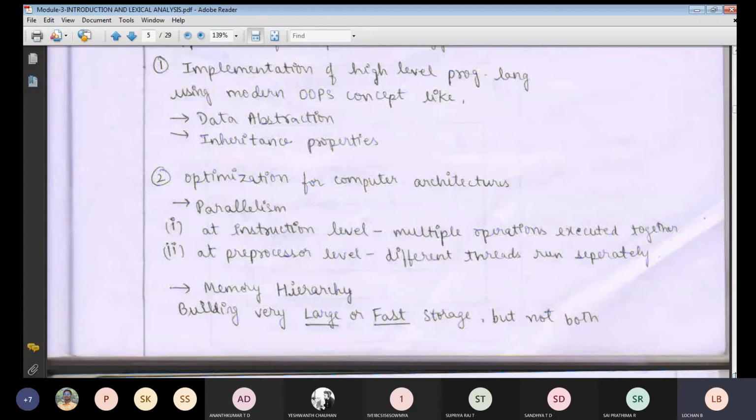Next is at the preprocessor level, where we will be checking with respect to the different threads. We will check how fast we execute the operations. For example, if I want to give a real-time example, many times I have given this in your lab exam. Three batches have to wait: one batch performs at 9 o'clock, one at 11 o'clock, and one at 2 o'clock. If we take three separate rooms and conduct your lab IA in parallel, one batch conducts at 9 o'clock, and the other two batches also execute in the other two classes, so that time will be used.